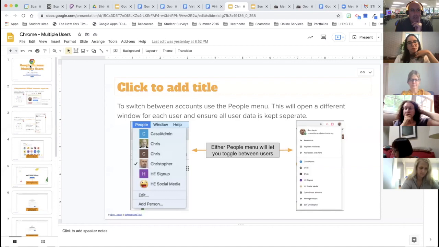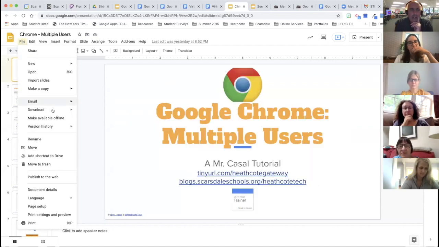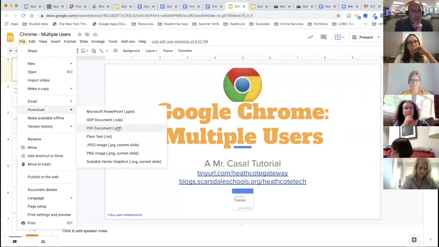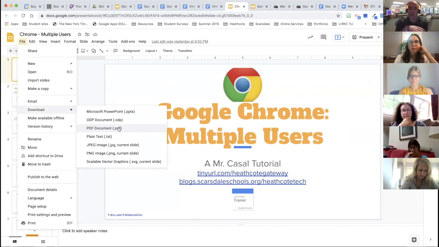share my screen. I have this multiple users slideshow, file, download, PDF. And that's really nice because what it does is it takes that Google Slides file and makes it a PDF that you can then put into Cami and mark up and add stuff to. So if you had something that you were working on and you wanted the kids to mess with it or annotate on it, but you didn't want them to mess with the actual presentation,